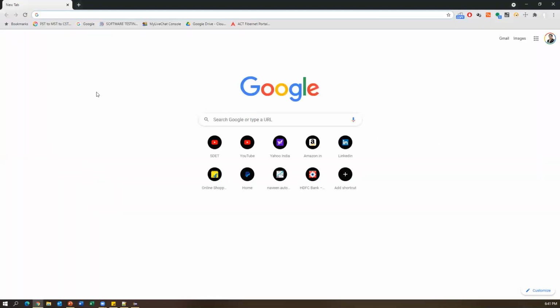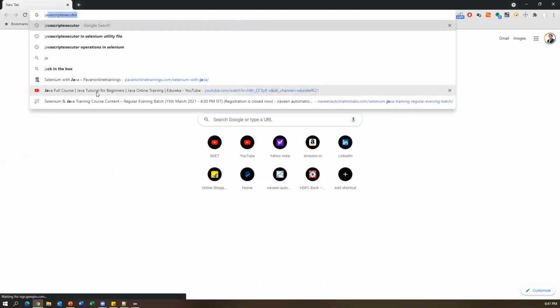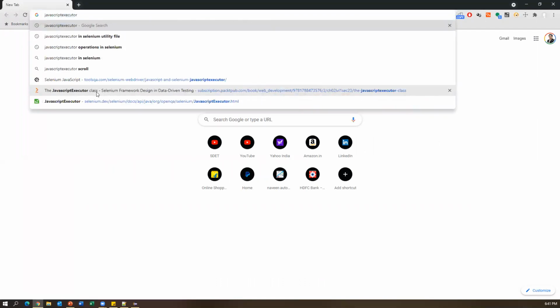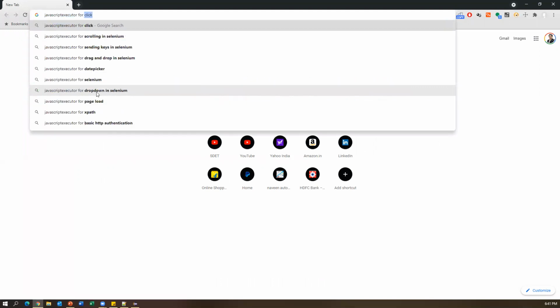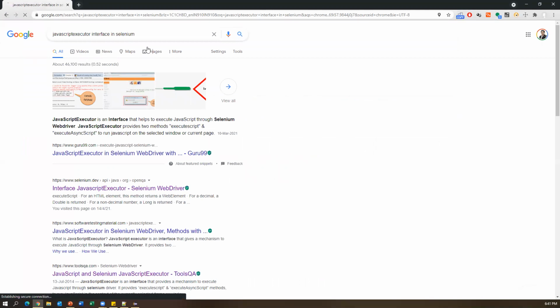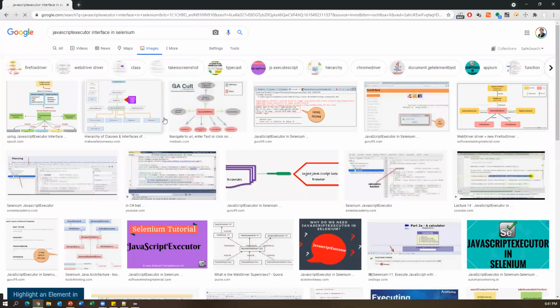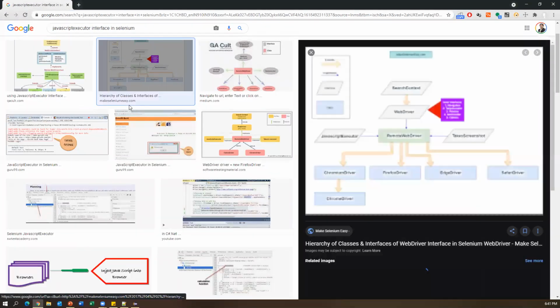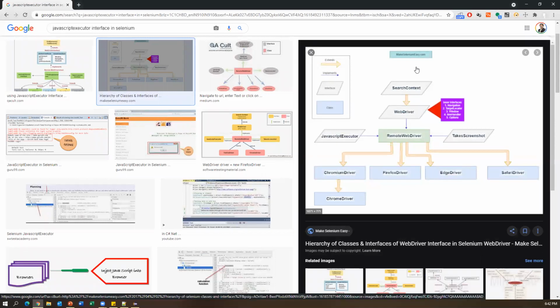Now let us see the hierarchy of the Selenium WebDriver interfaces and classes. So here I'm searching for JavaScript executor interface in Selenium, and let's go to the images and let me just pick some random image. So if I look at the Selenium WebDriver interfaces and classes hierarchy, here WebDriver is an interface, and this